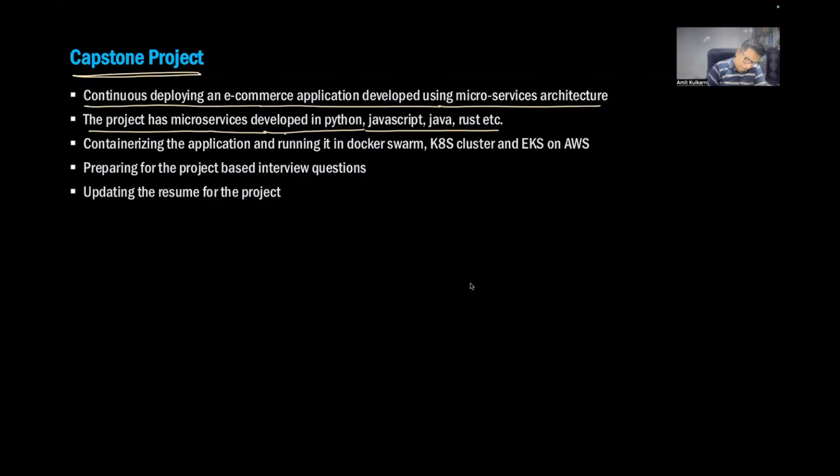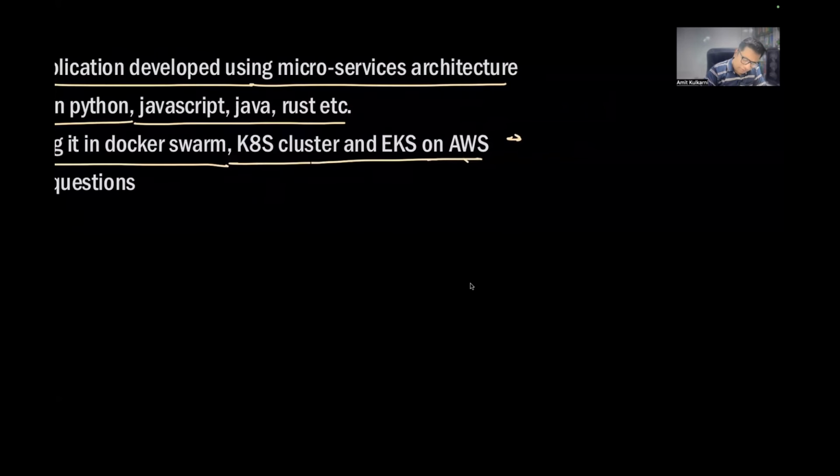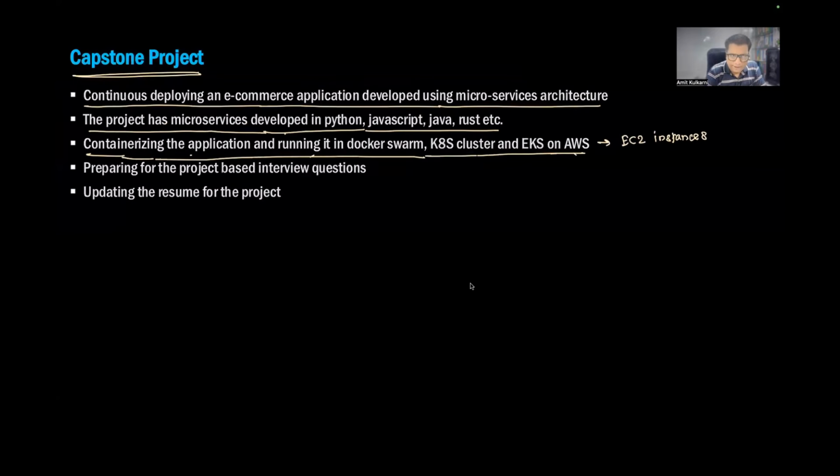So here we are going to containerize the application and run it on Docker, first Docker Swarm, then a local Kubernetes cluster, and later on EKS on AWS. I didn't mention it: this has to be done for our own practice. Of course, I'll give you an assignment, or I'll show you the steps and you will do it yourself. This will be done on top of EC2 instances as well. I mean, an EC2 instance is a virtual machine. I'll show you how we do that later.